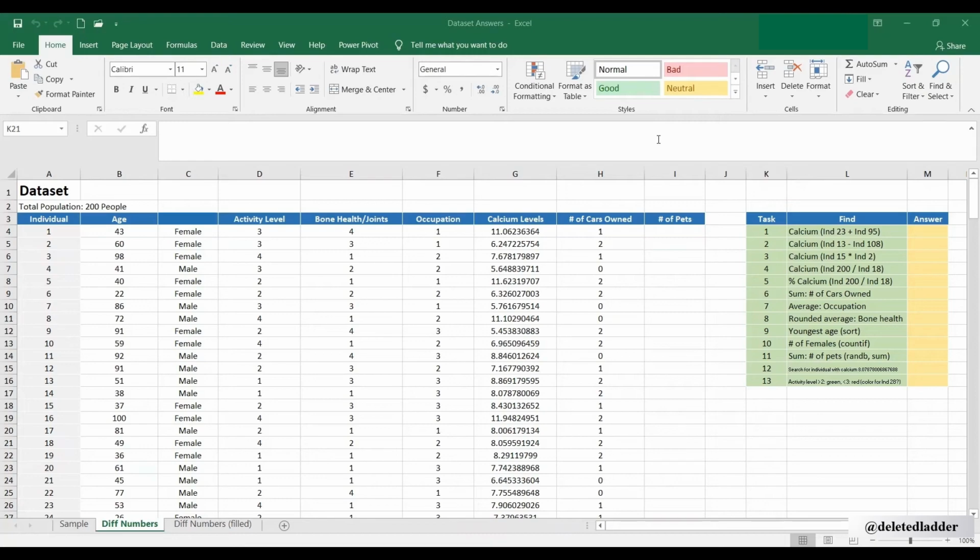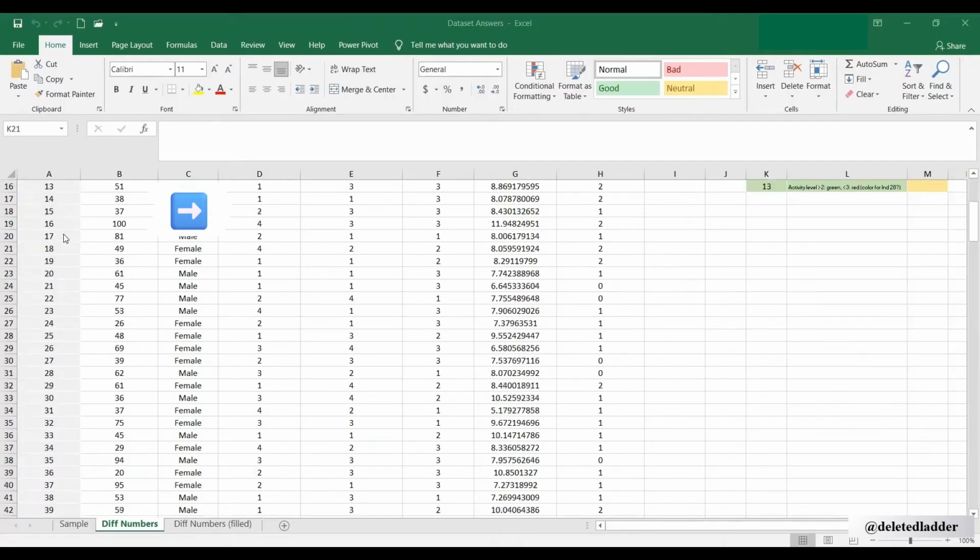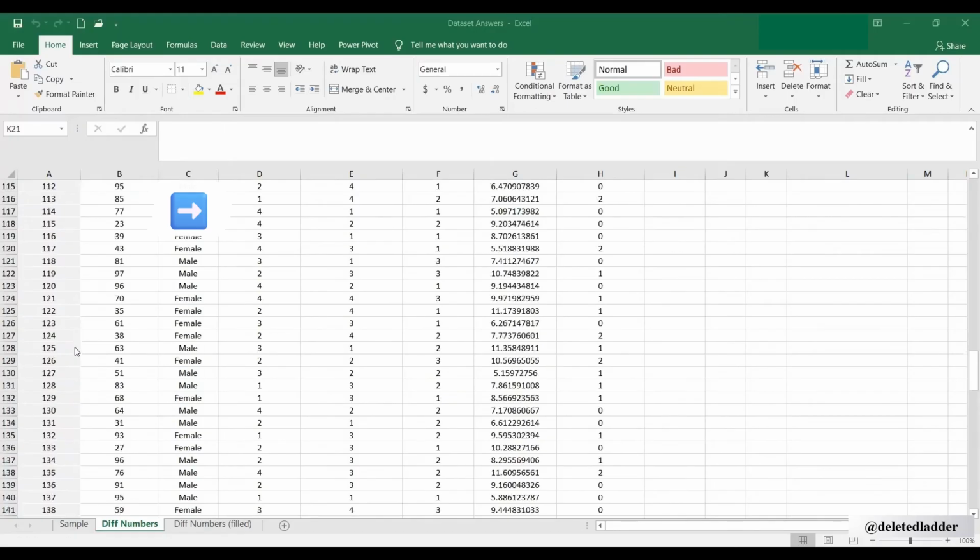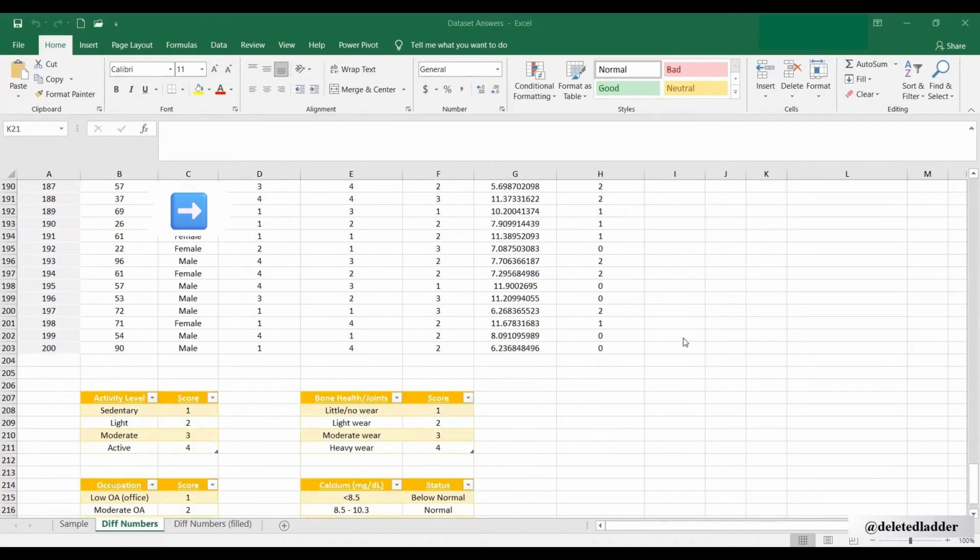All right, I'm going to show you a couple of basics in Excel using this spreadsheet. The data here is different from what the data looks like in your spreadsheet, but I just wanted to show you how to do these functions and give you a little tour of some of the things you can do in Excel. So we have a spreadsheet of 200 people with various data that was collected,